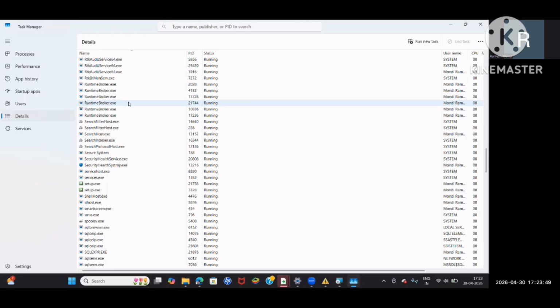We have different definitions for an instance. If someone asks what an instance is, it is a collection of memory structures and background processes running with the SQL Server.exe executable files.